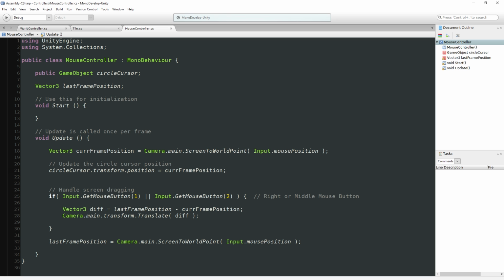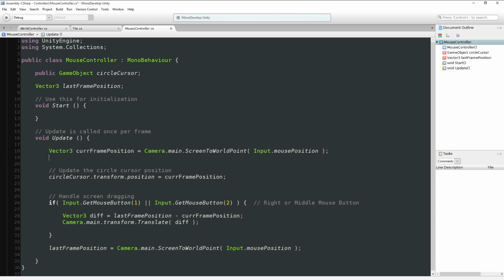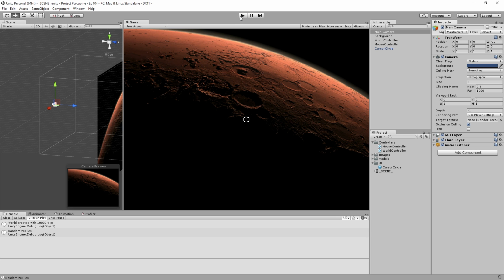So what we really want to do is set the mouse position's Z to 0. I think what I'll do is, after I grab the mouse position and stuff it in the Vector3, I'm going to explicitly set the Z to 0. And last frame position, I'll also have to do that as well. That way, when I do the difference between the two of them here, the camera's not constantly moving 10 units away every frame, which would be awkward. So we're going to force the Z to be 0. And now I think if we hit play,